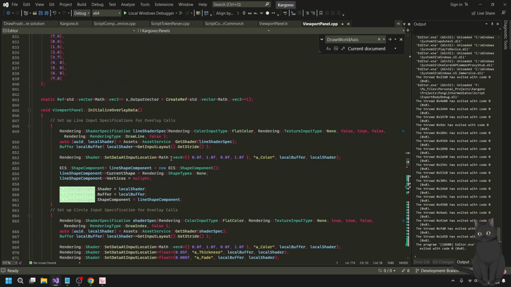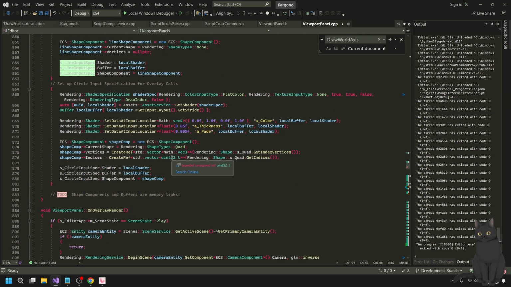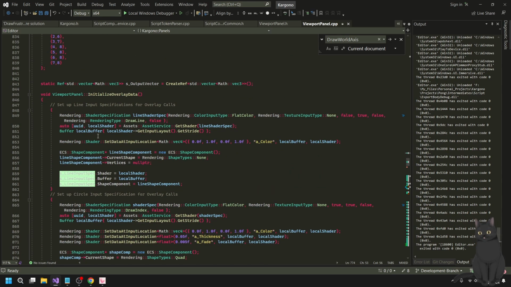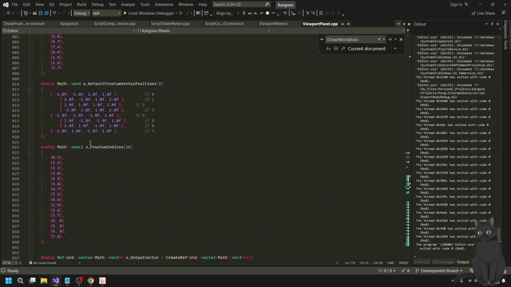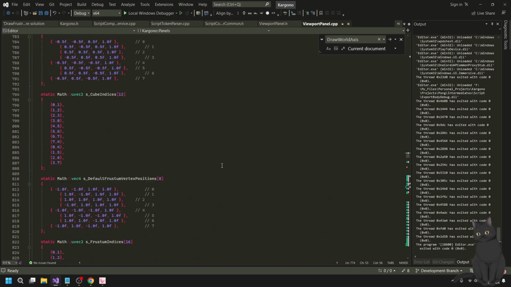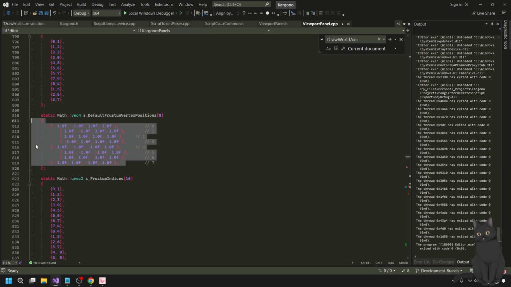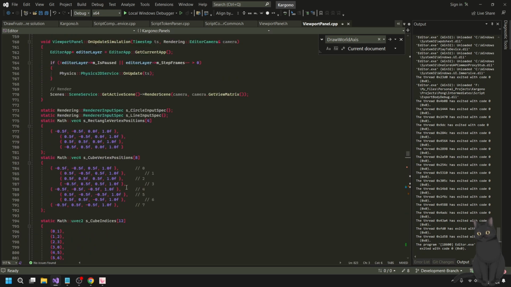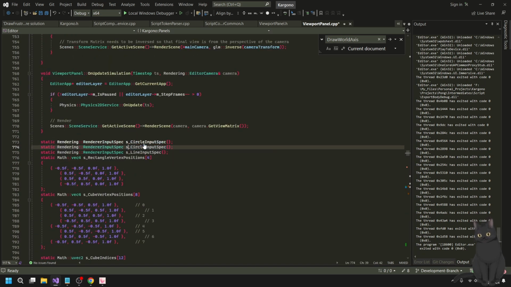So is there like an init function that I'm doing? Oh yeah, okay, there is an init function that I'm doing. So I have one for the line spec and I have one for the, okay, cool. So these are the default project positions I have for different things. But I don't care about any of that right now. I just want to get a point input spec in.